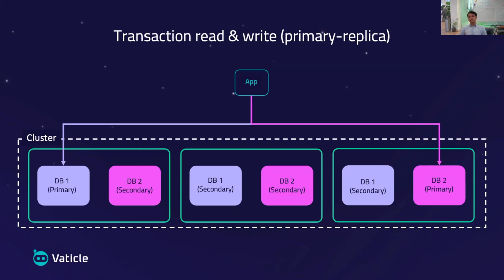Now, in this instance, say that the application also needs to talk to DB2 to perform other kinds of operations for the data that is stored in DB2. What's going to happen is the application will connect to the primary replica of DB2 sitting on server 3. And as you can see here, the application can make simultaneous connections to different servers depending on the operation and the given database that it needs to operate against, right?